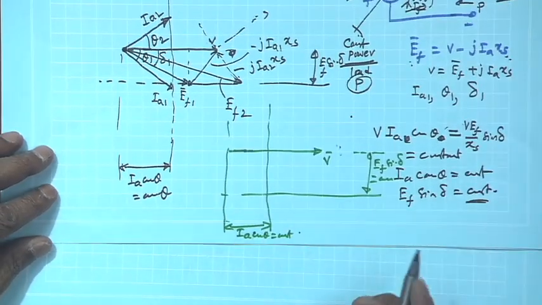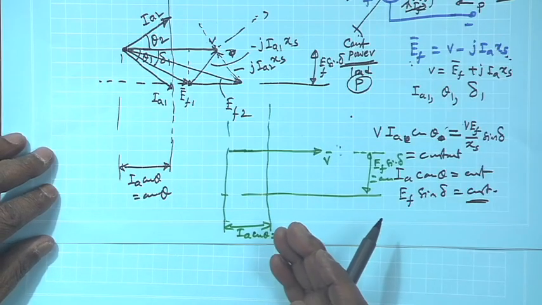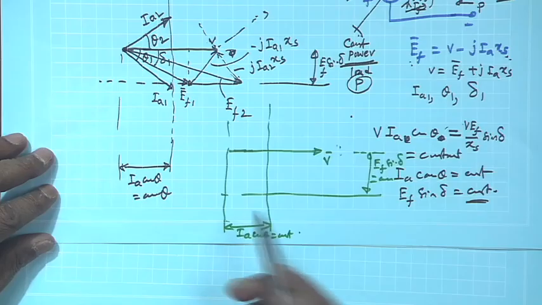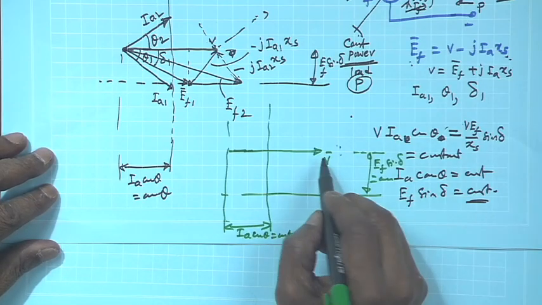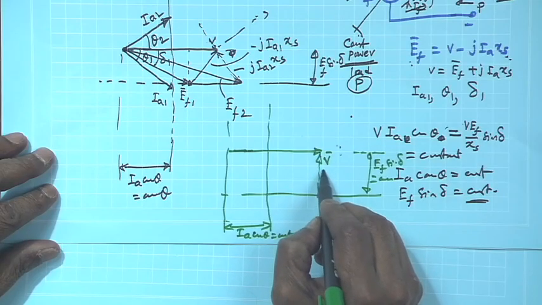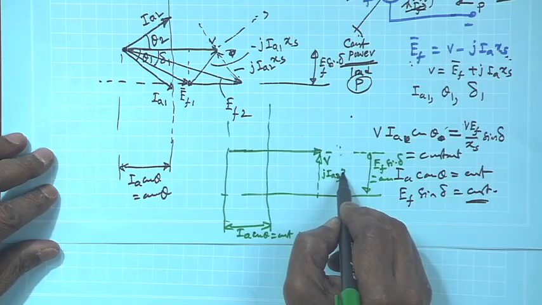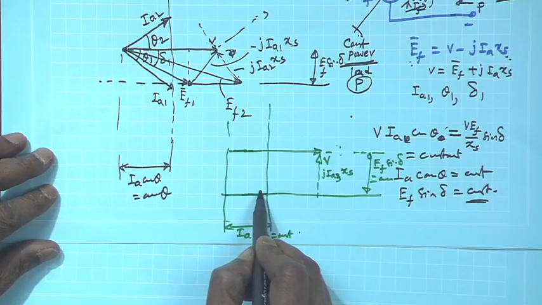Okay. Then you can find out the excitation at which operating point will be unity power factor. Yes, I can do that, because in that case this is jI_A2, jI_A3 X_s, will be like this, then your I_A2 will be like this,